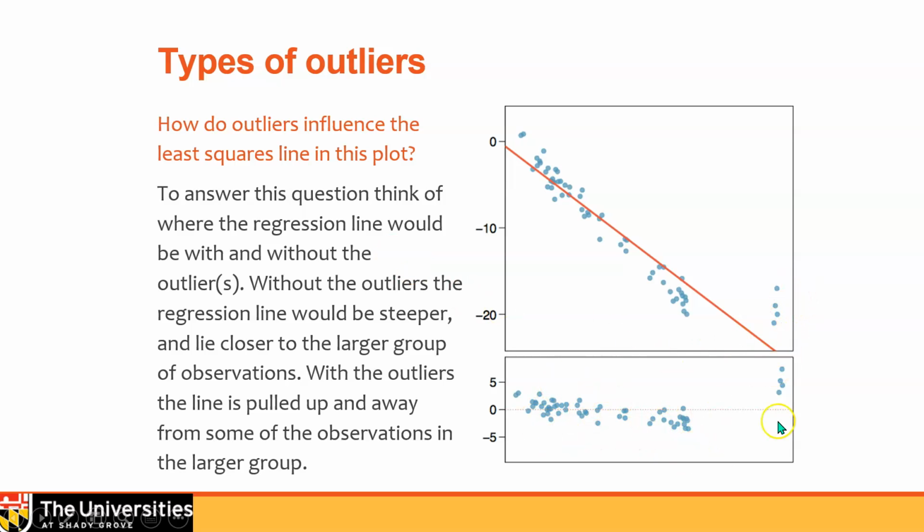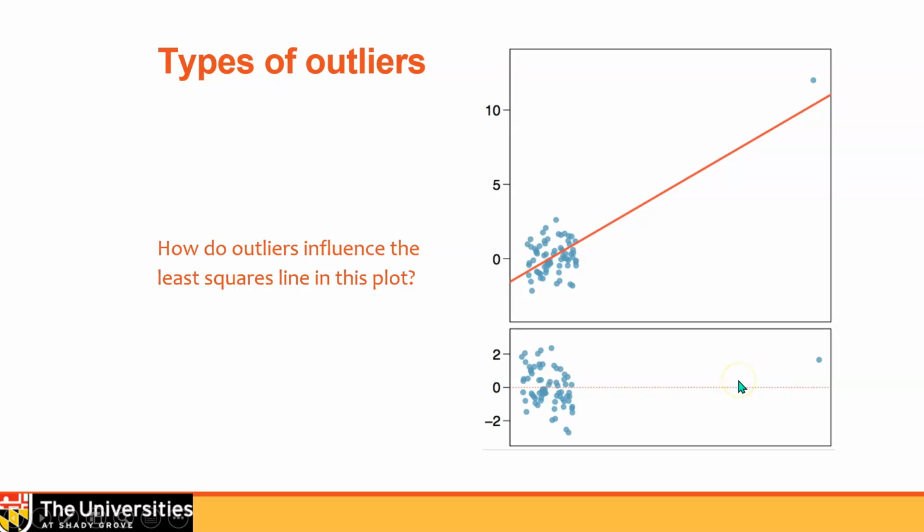You can see the residual plot too, how the outliers look like they're way out here to the end. They are horizontally separate from the rest of the data. If we did not have the outliers, would the regression line be steeper or less steep? If we drew a line through here without the outliers, not taking them into account, maybe we get something like this. Still negative, but perhaps a little bit steeper. So we want to know what happens when we get rid of the outliers. We classify our outliers several ways.